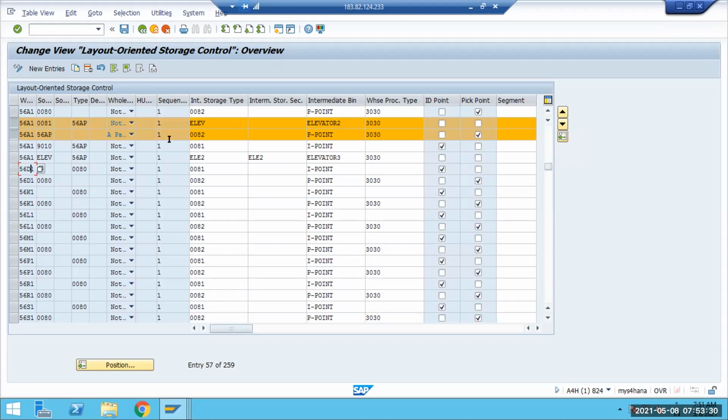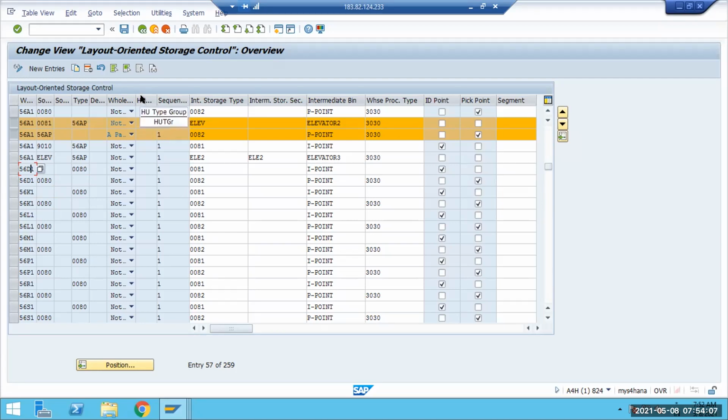I will tell one scenario from my previous project. We have so many bins, intermediate bins, and we want to control certain HU types to go to certain bins. For example, we have 10 bins, 10 different storage types, elevator storage type or intermediate. It's not an elevator for us, it was some other intermediate. We want to control the HU, we have multiple HU types, because we are taking them through the conveyor only. The conveyor will not accommodate all the HU types, right? It will accommodate a small box, but it won't accommodate a pallet, similarly.